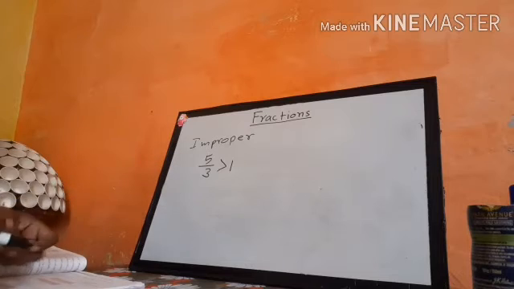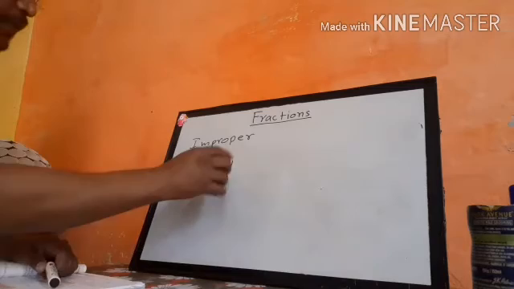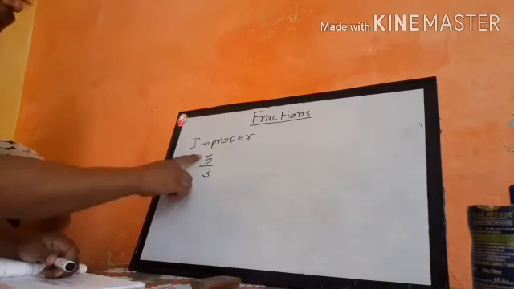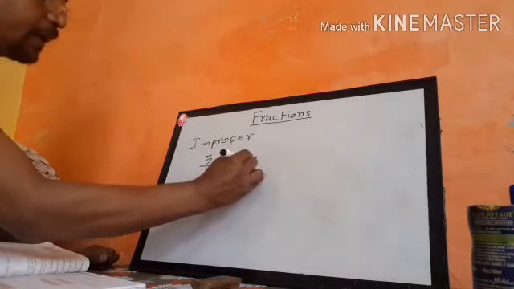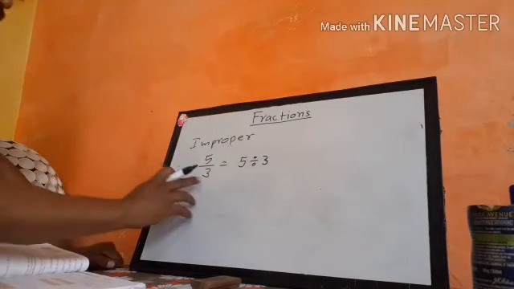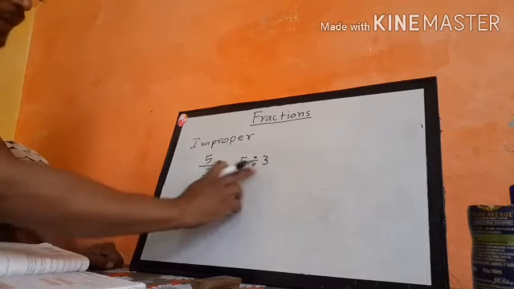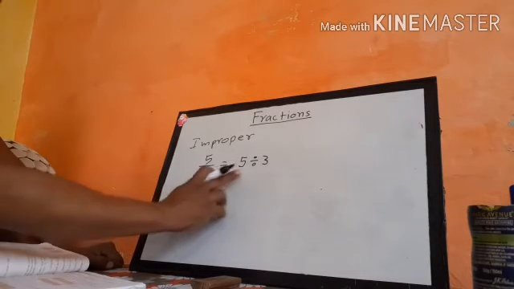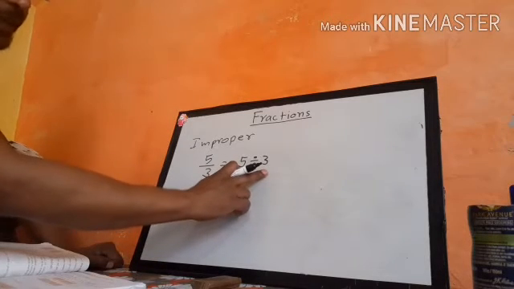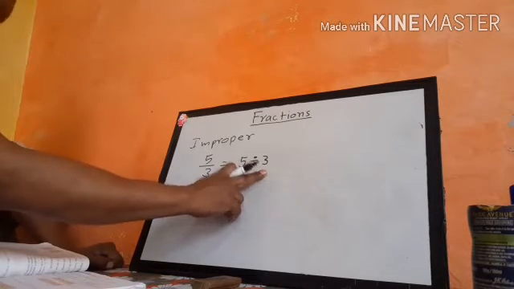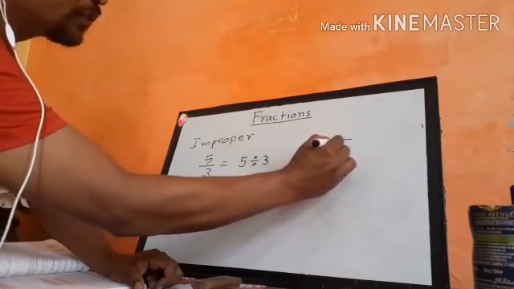So how do we represent it on the number line? For that purpose, first you should divide them. Means divide the 5 by 3. Students, always write the denominator as the divisor while you are converting these fractions into division. Okay, the denominator is always considered as the divisor. So let's divide the 5 by 3.